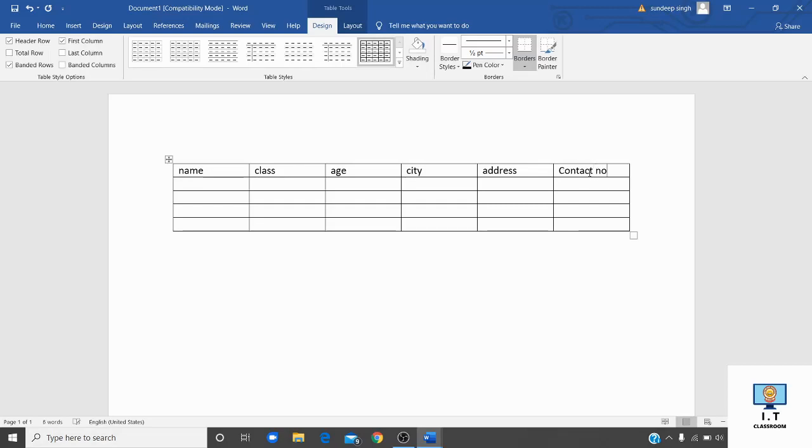So students, like this on the top, you have to write the headings. After that, you have to enter data in your table like this.